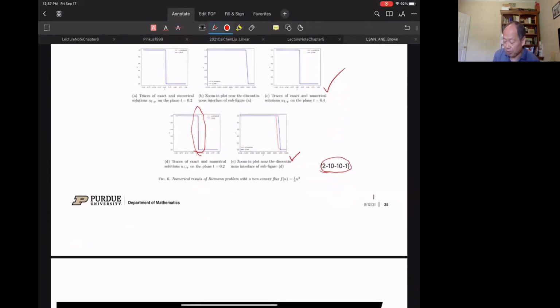Let me just say one more thing: the architecture of a neural network is empirical. So we basically experiment based on our experience. About a year ago we already started asking ourselves the question: if you are given a problem, even a given function or a given PDE, how do we design the smartest possible architecture to solve that problem?